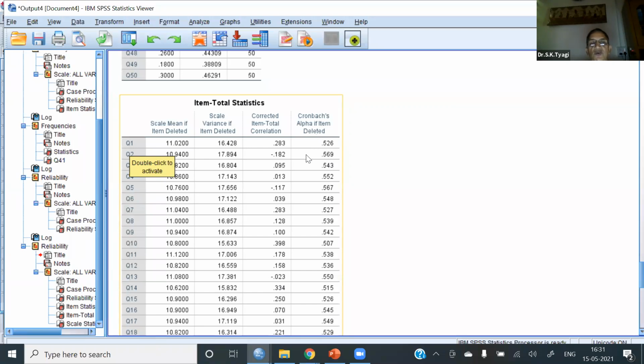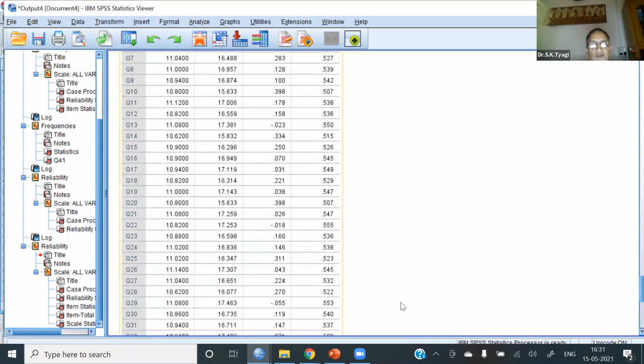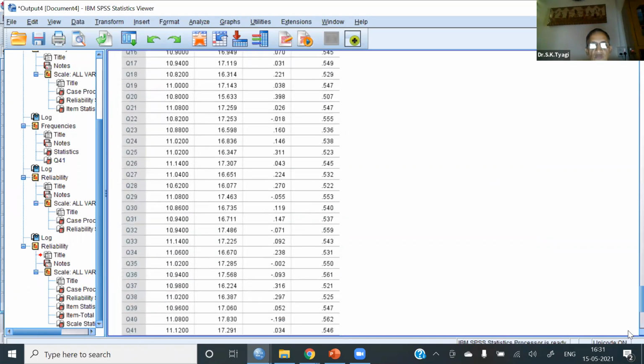So this is giving you an insight into how acceptable this question number 1 is. Our total Cronbach alpha is 0.546. Okay. And if we delete these items one by one, what will be the effect on the total score?